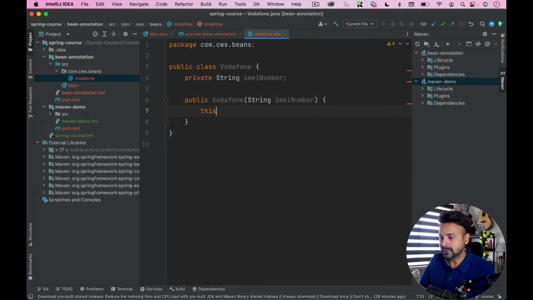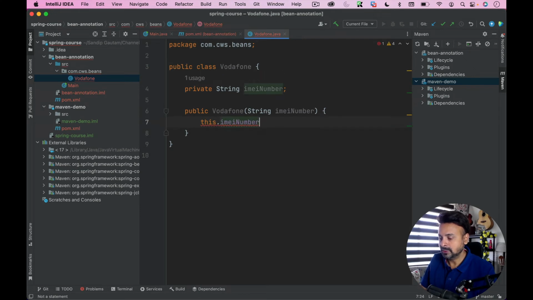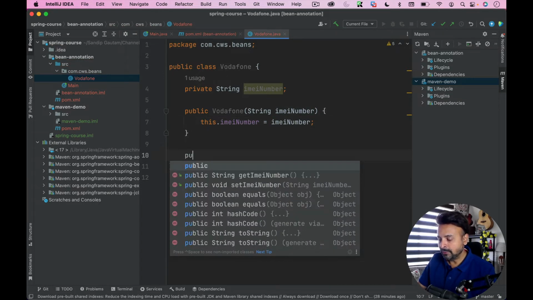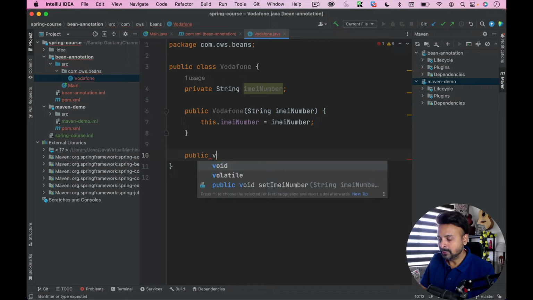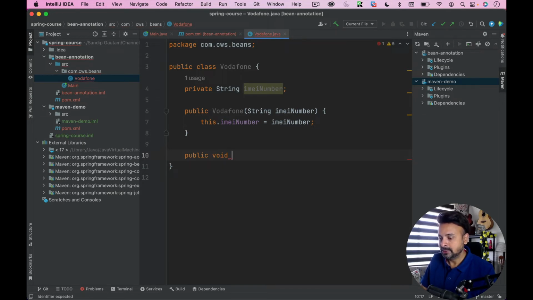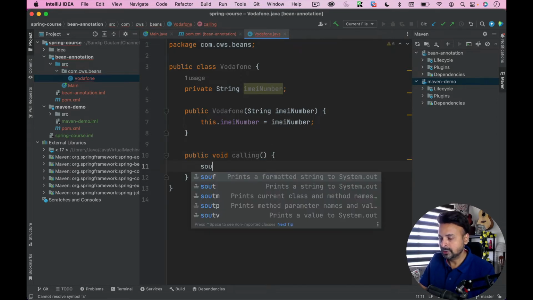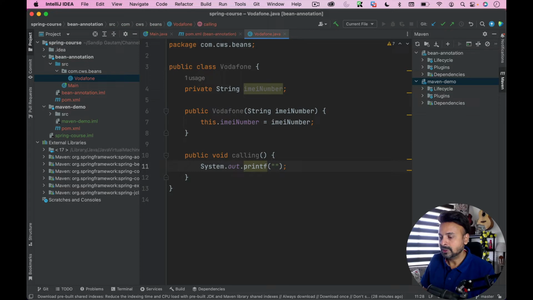Okay, and we can set this.IMEI number as opposed to IMEI. So whenever you're going to create a SIM, you can set the IMEI number. And I'm going to have two different methods here. First one will be public void calling, and inside that, I'm just going to put the sout, System.out.println. Actually, I need sout, and I'll say calling